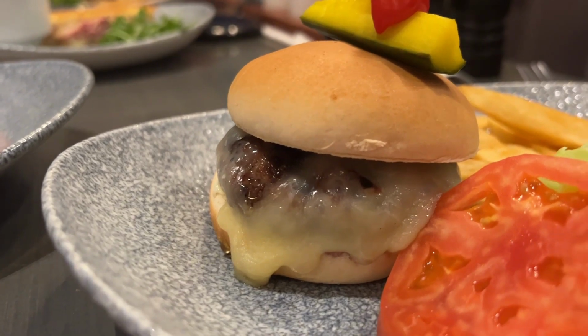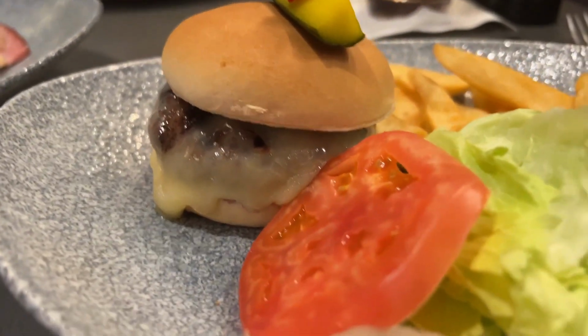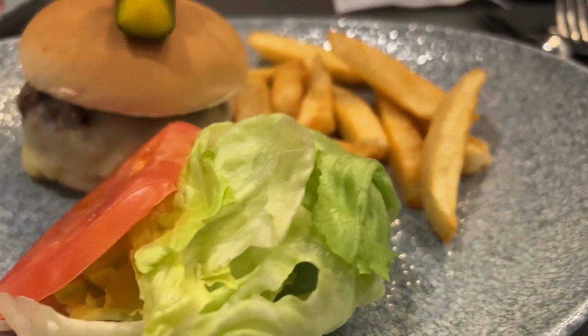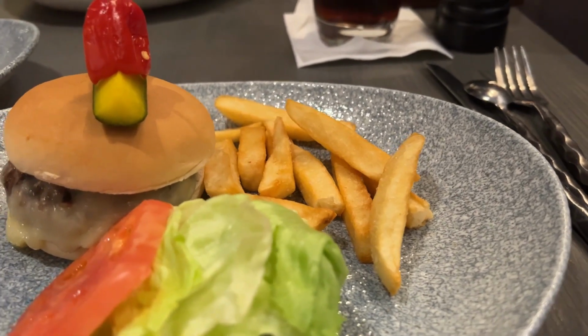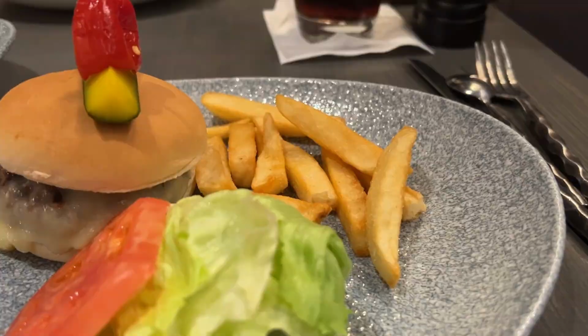The fries remind me of the fries they used to have when we ate with our guests yesterday. The old fries, they're not like steak fries, but they're thicker cut. They were good, you know, not too hard. I thought they were yummy. The burger was very juicy. So they did a really good job. Very good. Very juicy, fresh,